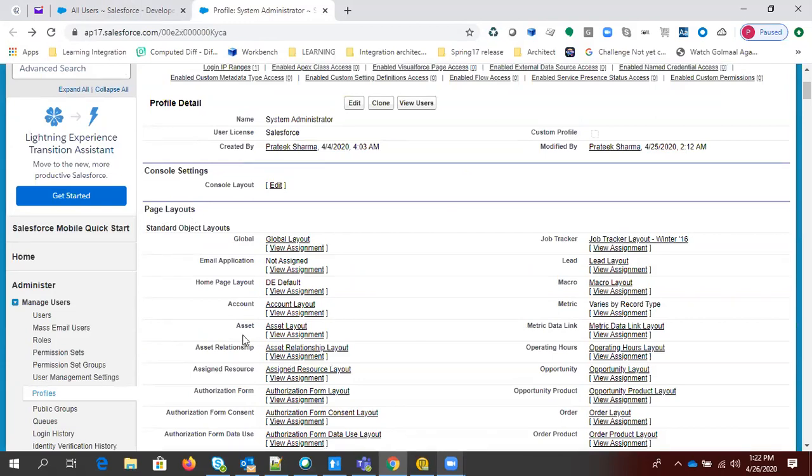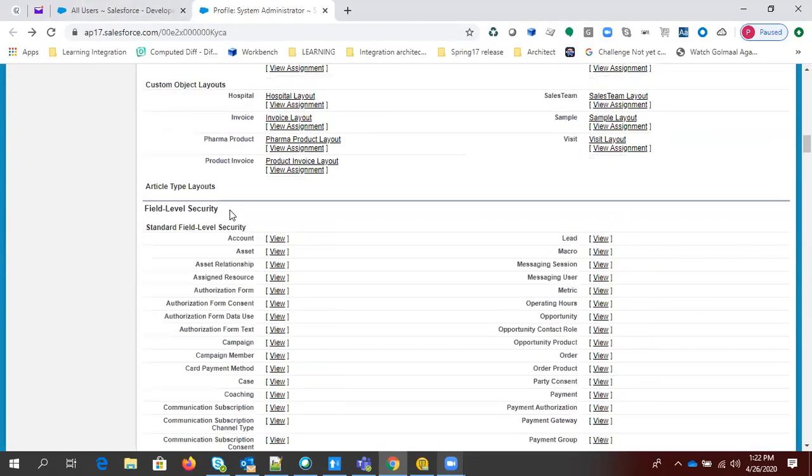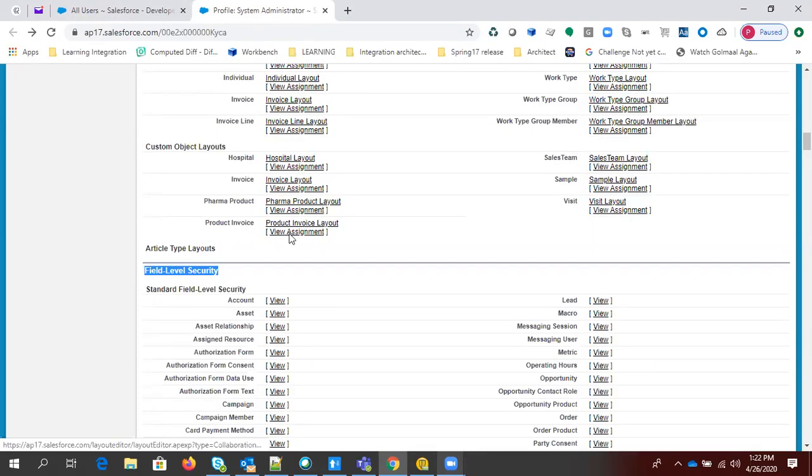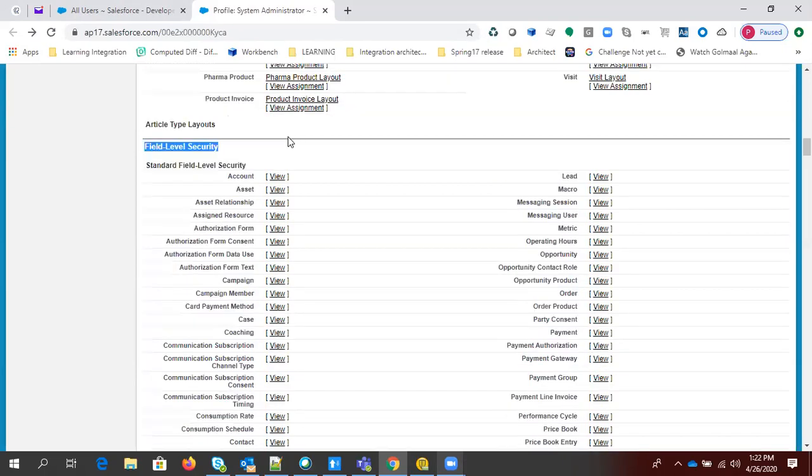And the second one is called field level security. Field level security we'll discuss after this, but you can handle field level security directly from here. As you are already aware, we have objects and fields, like we have tables and columns, right?